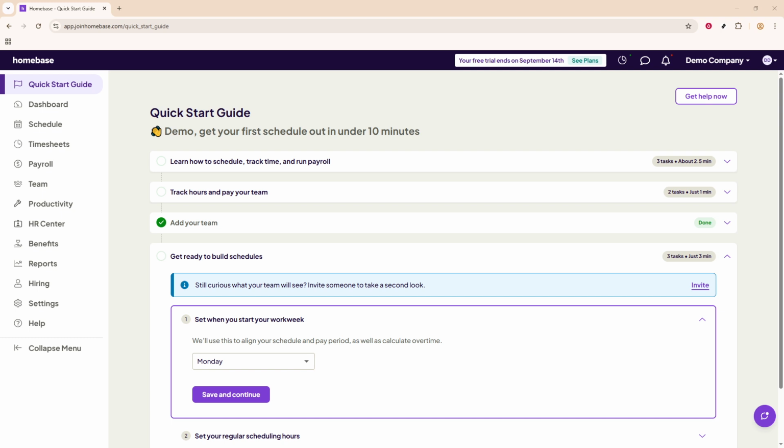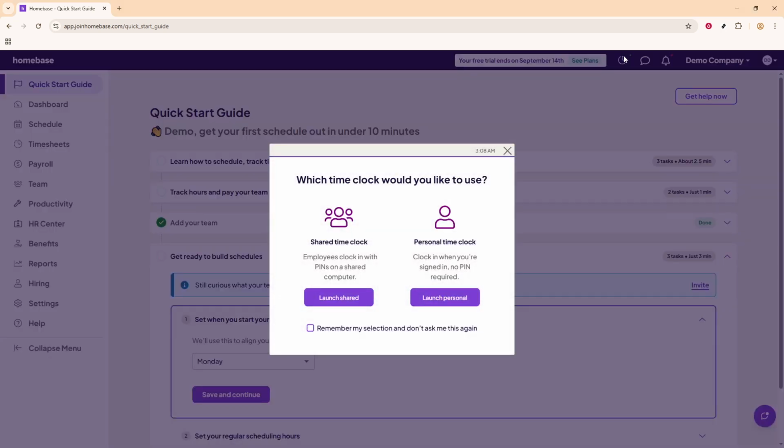First, let's begin by locating the time clock icon. You'll find this positioned conveniently at the top right of your Homebase app interface. Why is it placed here, you might wonder? Well, the designers wanted to ensure easy and quick access, as clocking in and out is a task you'll be